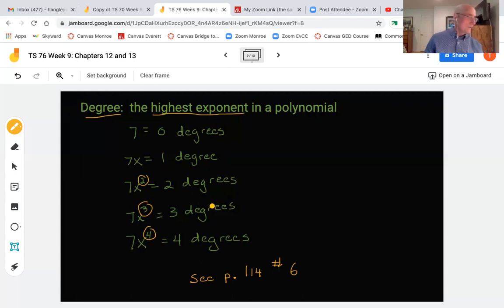All right, so I'm going to put some sample questions on the board. In fact, I'm just going to do them over here. We'll call this practice. If they ask you if the expression is a polynomial, identify it as a monomial, binomial, or trinomial, or none of these, and identify its degree. So we're supposed to tell if it's a mono, bi, or tri, and what degree. And if the expression is not a polynomial, then state this and give the reason why.